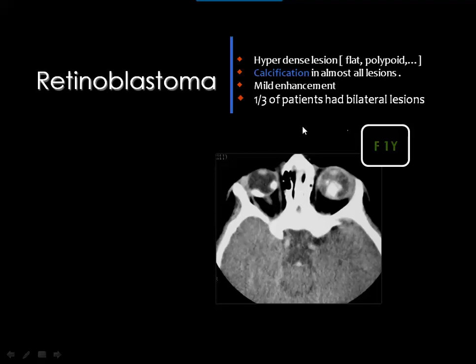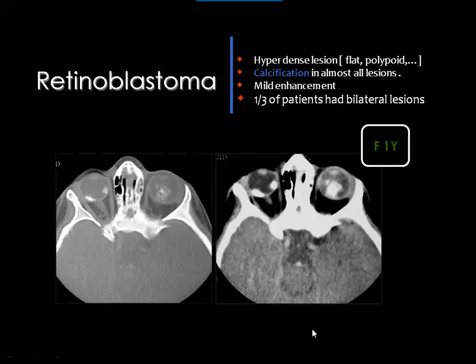And you should remember that retinoblastoma is a bilateral disease in about 30% of the cases. And here you see bilateral retinoblastoma, intraocular mass on the left side, and multiple foci of calcification and masses within the right globe, representing bilateral